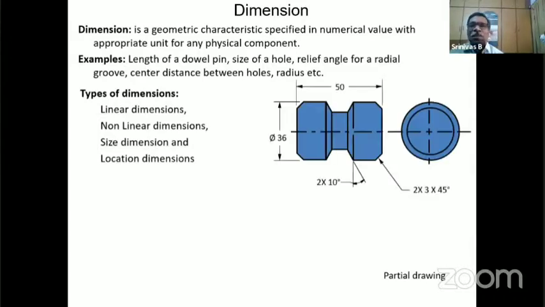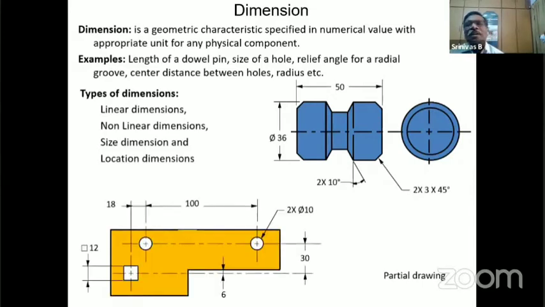There are 2 kinds of dimensions over there. One is linear type dimension. The other one is non-linear or angular dimensions. You see the next image? We have several dimensions here. All these we can break into 2 groups: linear and non-linear. You see, this is a non-linear dimension. Are you seeing the cursor, sir? I am pointing the cursor. Yes, this is a non-linear dimension or angular dimension.